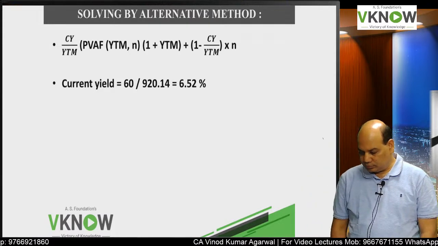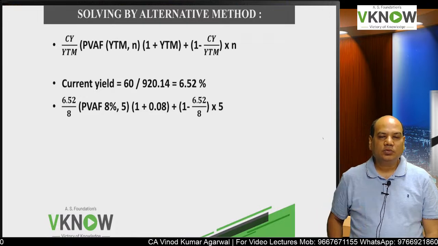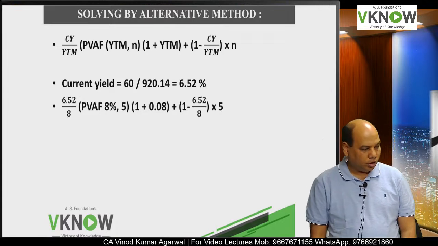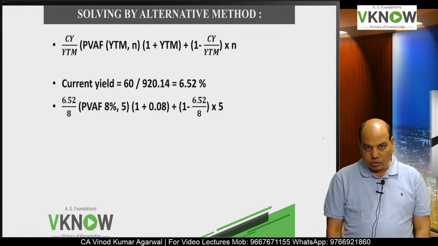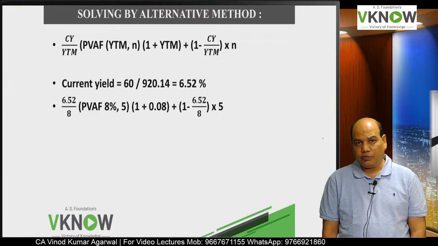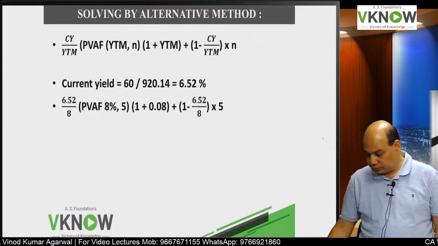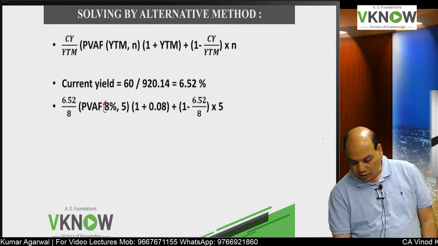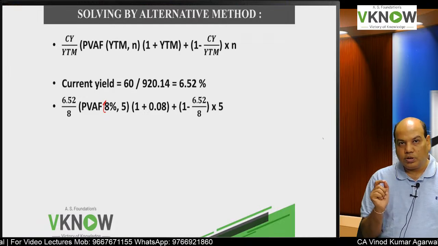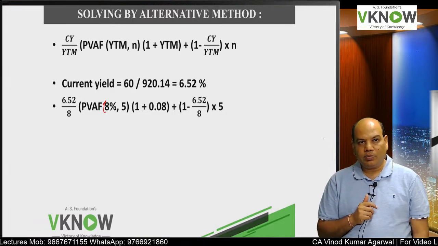So how much is that? 6.52. Okay. Now apply that in the above formula. So write down duration is equal to 6.52 divided by 8. 8 is the YTM into PV annuity factor, 8% comma 5 year, into 1 plus 0.08, plus 1 minus